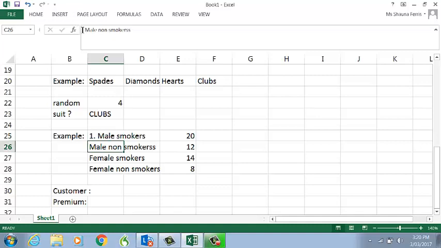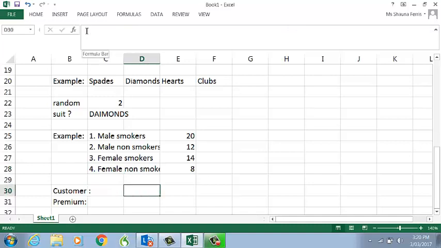The male non-smokers are type 2. The female smokers will be category 3. And the female non-smokers will be category 4. So if someone comes in and we say, please tell us which category you fall into, and I, for example, am a female non-smoker, so I'll choose category 4, and then we can use the choose function